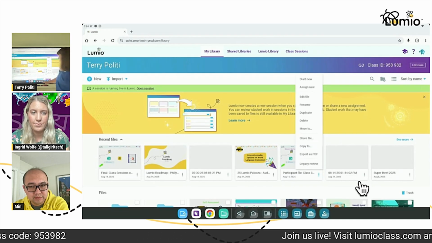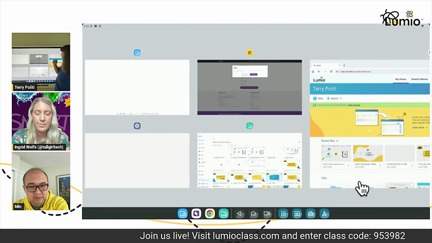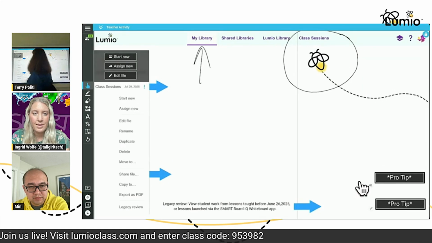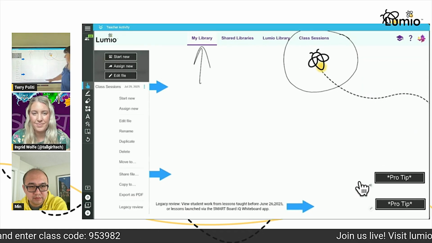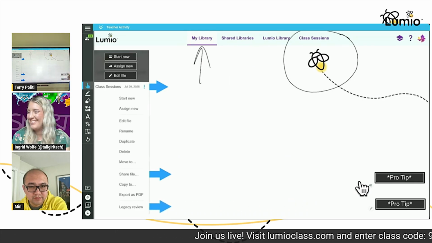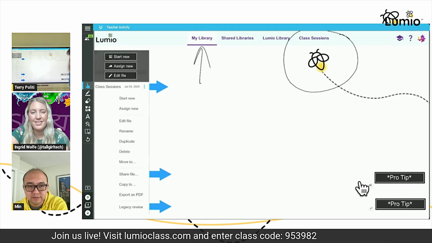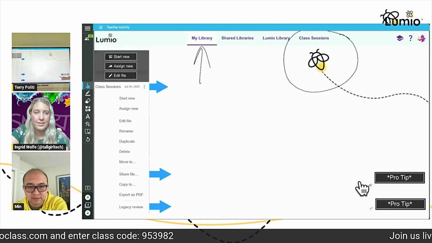All right, let me swap back to the Lumio file and head back because I went too far. All right, this should be where you all are. There are 2 pro tips on this one, and I love them both. The first one is, if you all know, if I opened this file in the whiteboard, sound will not play. But now,